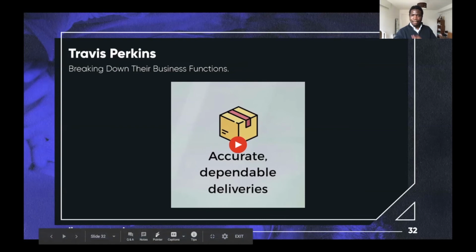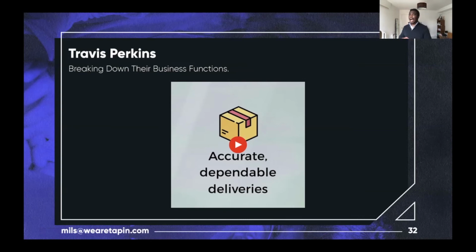I really like this one. I'm going to play this one. It's one from Travis Perkins, where we broke down a couple of their different business functions. What we did was we understood that their audience, or their candidates, find it very difficult to understand all the different elements of work that they do, the different business functions. So we brought a few of them to life using clever animation, which also worked for social media. So we could post this on Instagram, on Twitter, and anywhere across social media. But here's a lovely example of that.